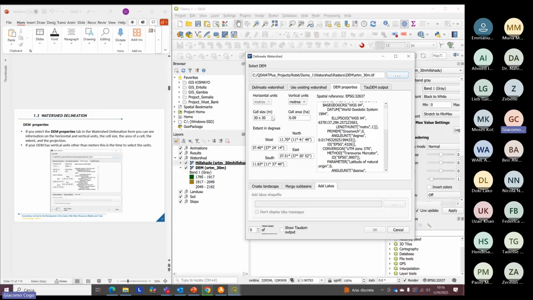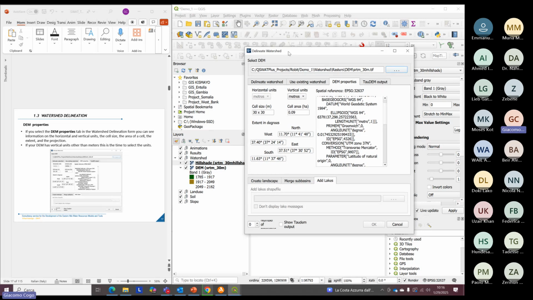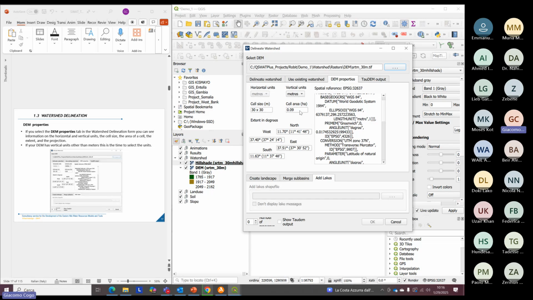In this case, it was written a cell size of 30 meters by 30 meters. That's actually the common size of a cell of a DEM that's downloaded from SRTM elevation model. It's written which is the area of each pixel, 0.09 hectares, and so on, extent in degrees, and